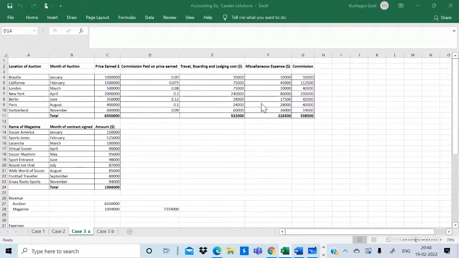That's travel, boarding, and lodging, the miscellaneous expense, and finally the commission expense. So all this data is given to you. Now, this lady starts doing pretty well, and somewhere down the line, this footballer feels that it's not fair